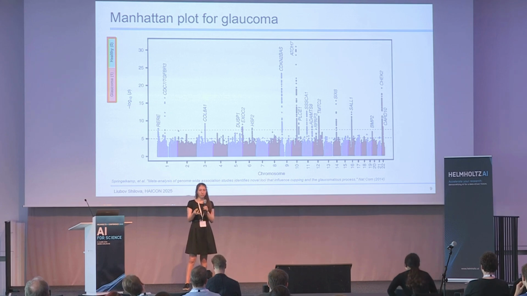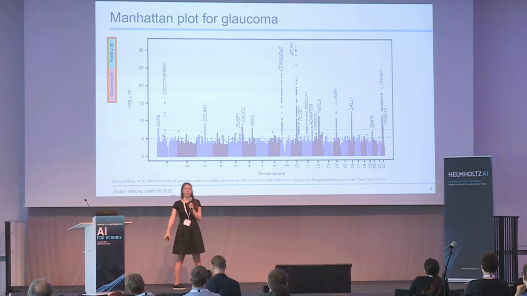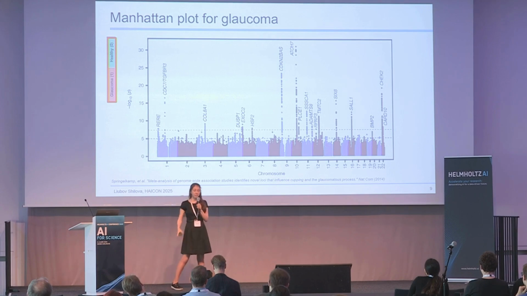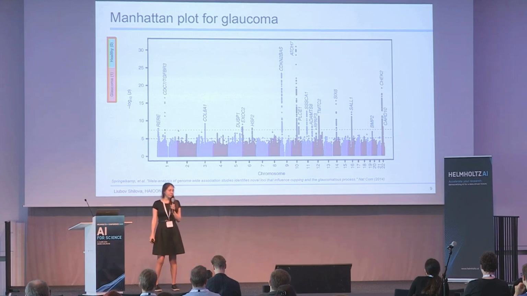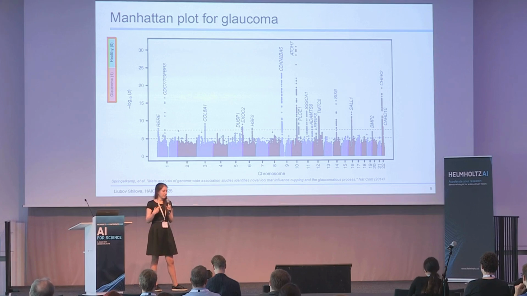One of the ways to visualize the results is through Manhattan plot, where on the x-axis we have the position of the variant, and on the y we have the strength of association with the trait. And this is the example from genetic analysis of glaucoma published in 2014. But apart from binary traits for diseases,